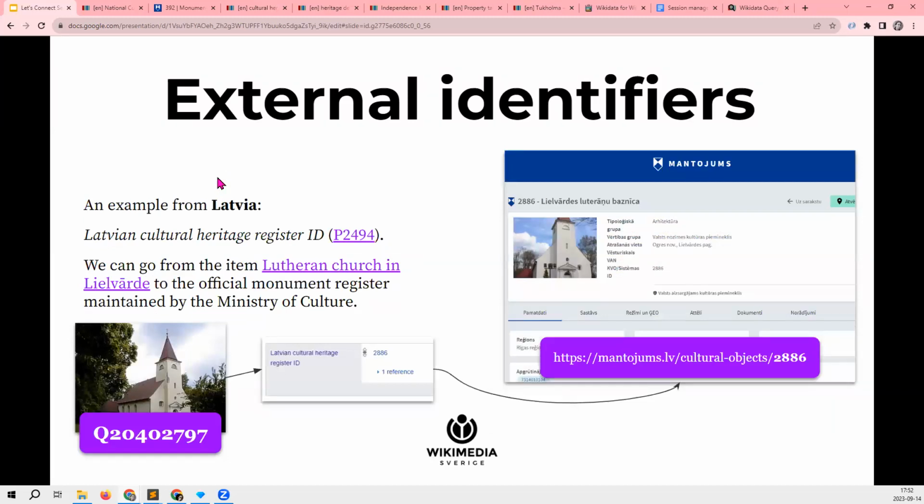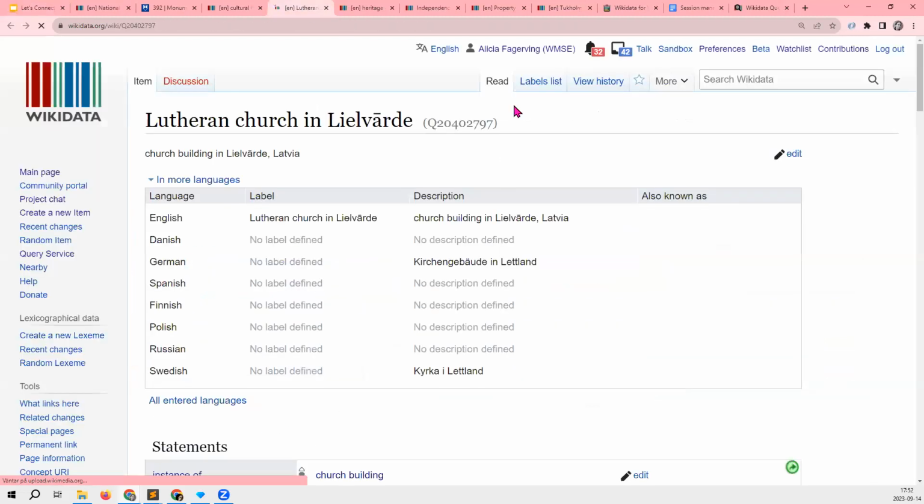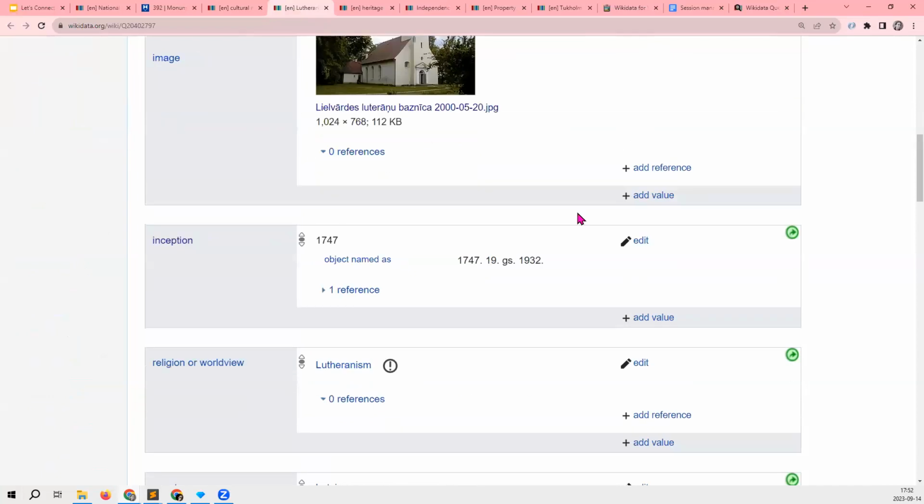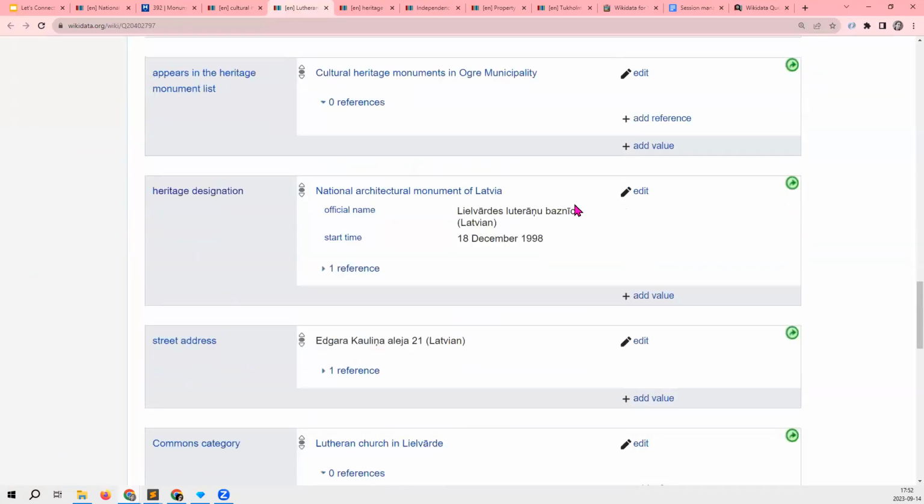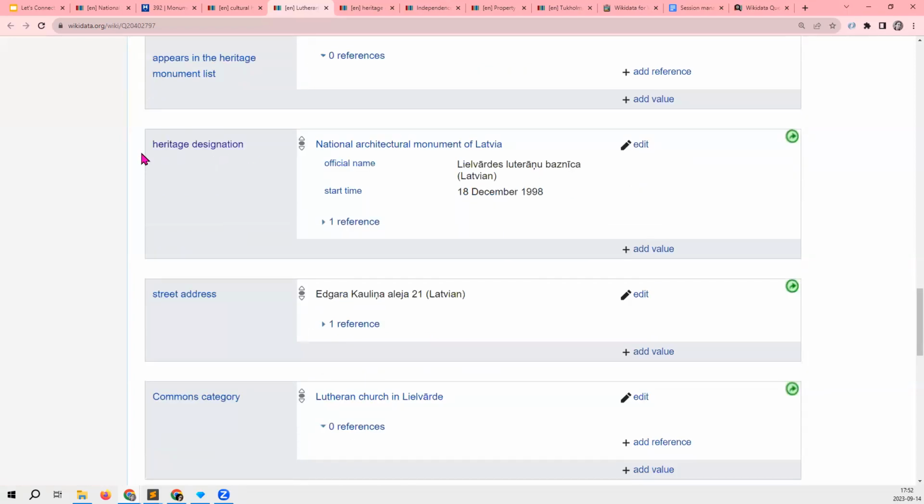And yeah, here is an example of the identifier I showed. We have an external identifier property. We add it to the Wikidata item. And yeah, here you can see that it has heritage designation.